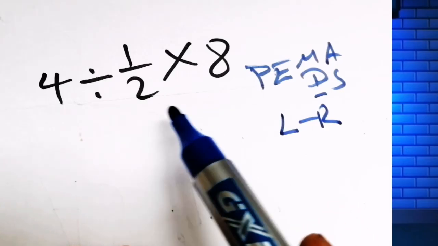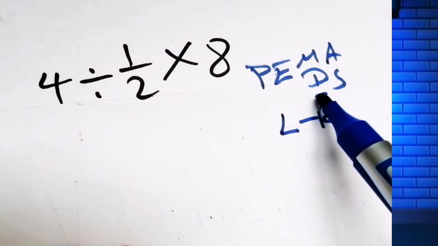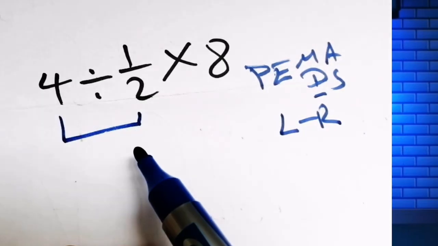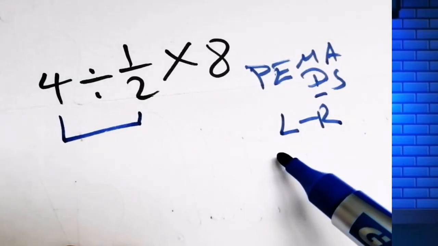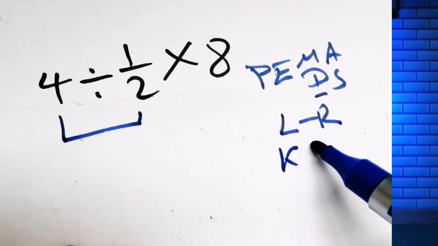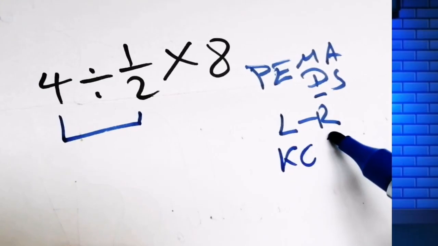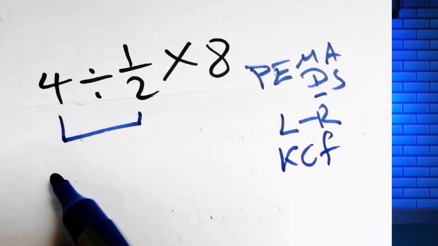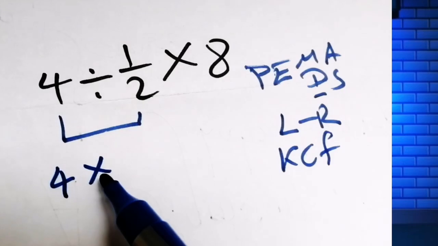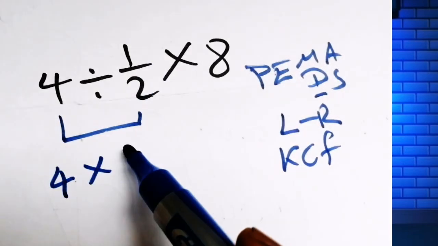So multiplication and division have equal priority, from left to right. Therefore we have to do this division first, okay? Therefore according to the KCF rule, K stands for keep, C stands for change, and F stands for flip. Therefore we have to keep the first number here, change this division into multiplication, and flip the second fraction,